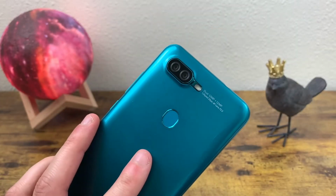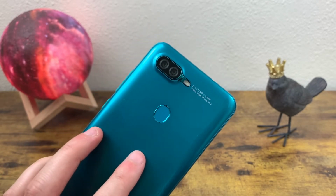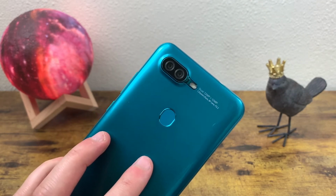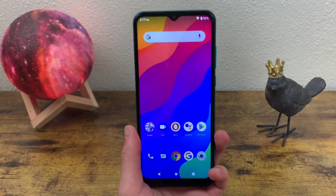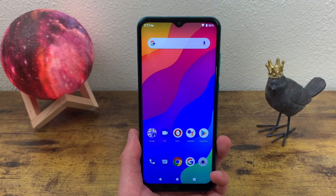For the rear camera setup, we got a 12 megapixel main camera and a 12 megapixel depth sensing camera. So this camera setup doesn't have as many features as a lot of other phones. No ultra wide camera, no macro camera, nothing like that. But it does have a real good portrait mode. With a 12 megapixel depth sensing camera, you're definitely gonna be able to get some decent shots with this,